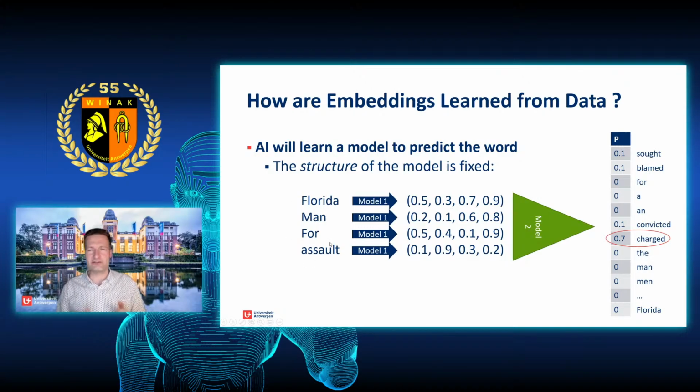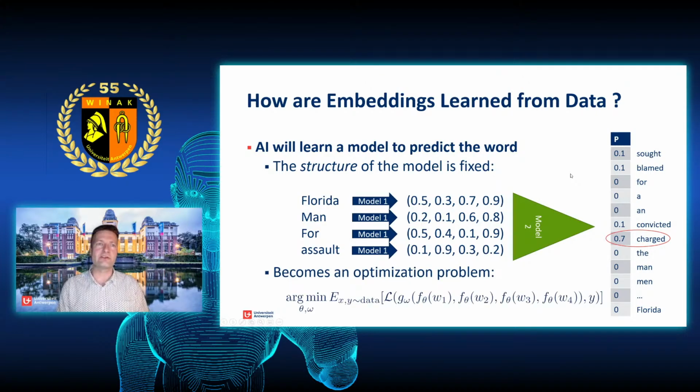Why are we doing it in this way? We're actually making the task a little bit more difficult for the AI, because the AI is forced to first make an abstraction of the words. And the way it makes the abstraction needs to be the same for every one of these words, and it needs to be consistent. The next time that someone is using Florida, the same numbers need to come out. But the AI will learn this model and will then learn, based on these numbers, to make these predictions. And because we have the combination of these two models, it's actually turned into an optimization problem where we want to optimize an expected value.